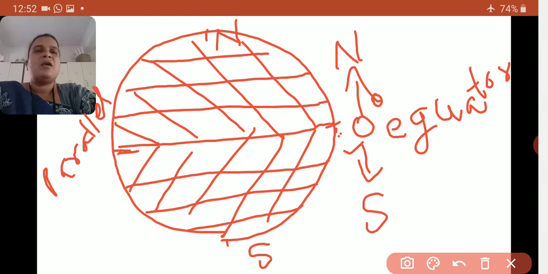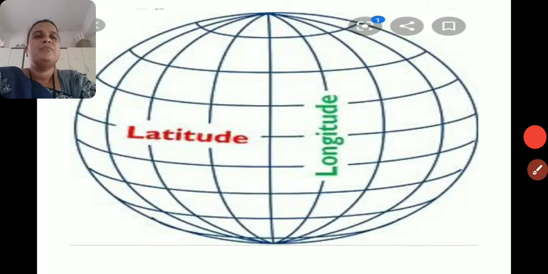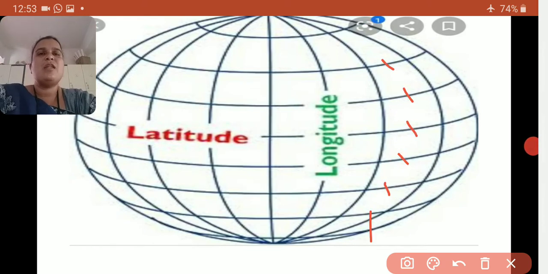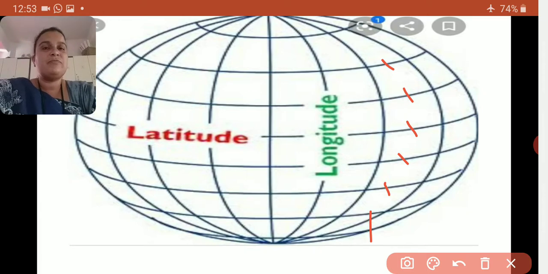So these are imaginary lines on the planet Earth which we call latitudes. These lines are called latitudinal lines, which are imaginary lines, not available on the planet Earth but